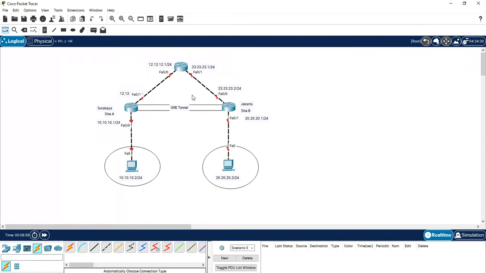Okay then. First of all, you should make sure to turn on the router and put the IP address on its interface.